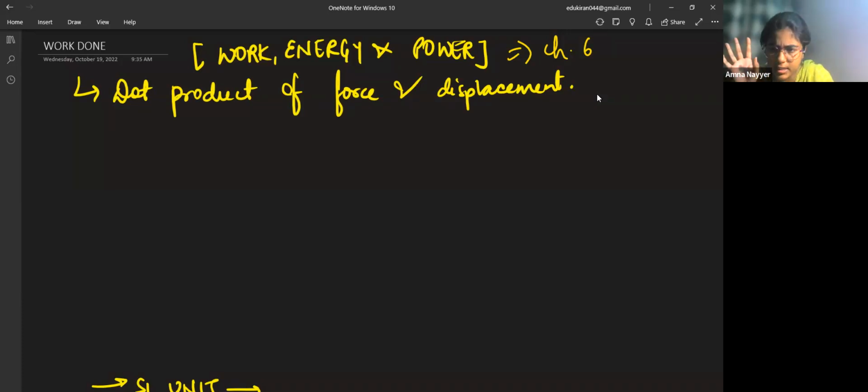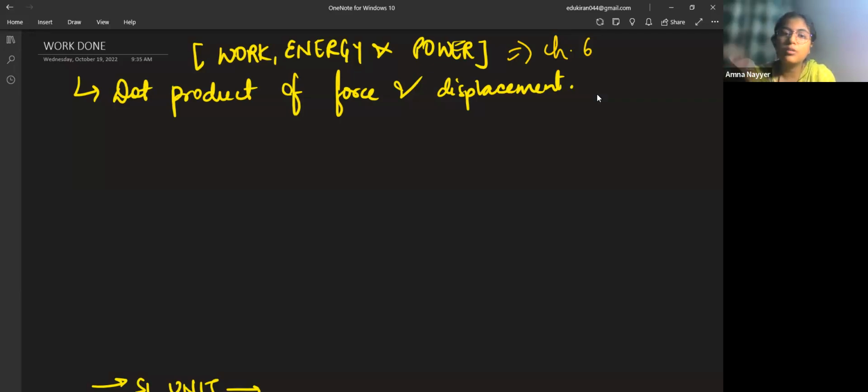That's why we study the basics of work done. That will be completed today itself. It's a very short part and only 1 or 2 formulas are there that we will be able to handle. The main thing is energy, you have 2 types of energies, kinetic energy and potential energy, which we will see. Then we have power.